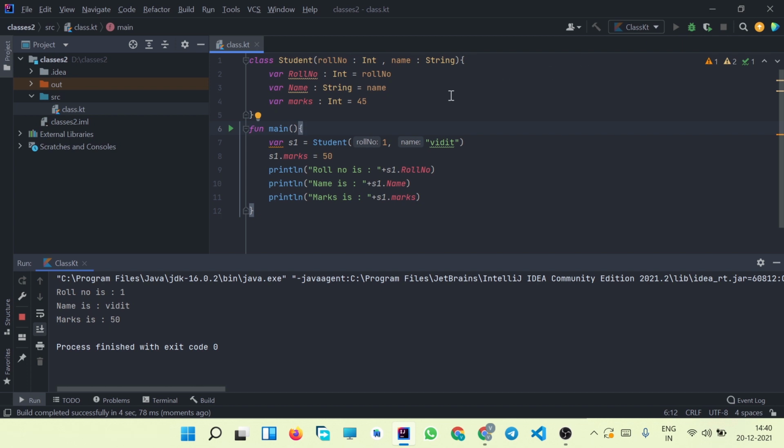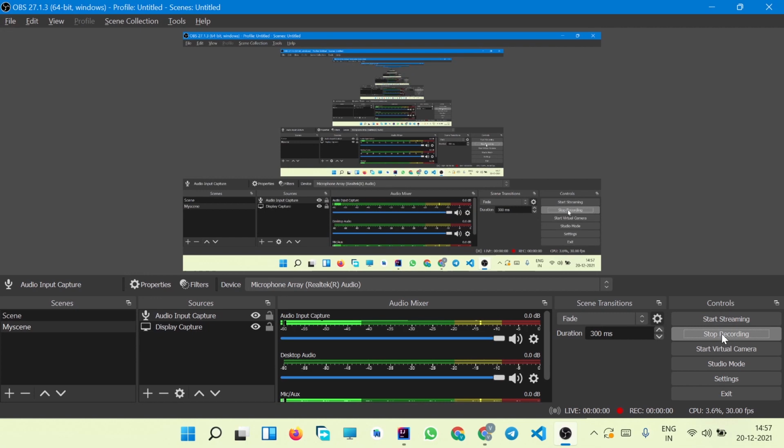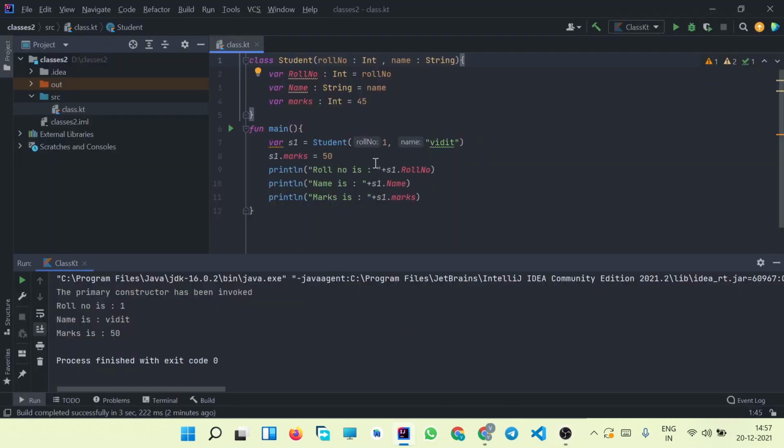So this is how we declare a class, we create the instance of a class, and this is how we declare a primary constructor and pass the values at the time of declaration. Now let us see one problem that we face while using a primary constructor.